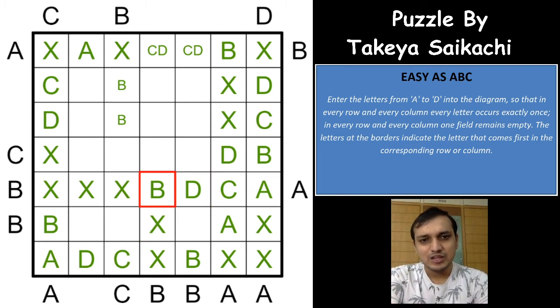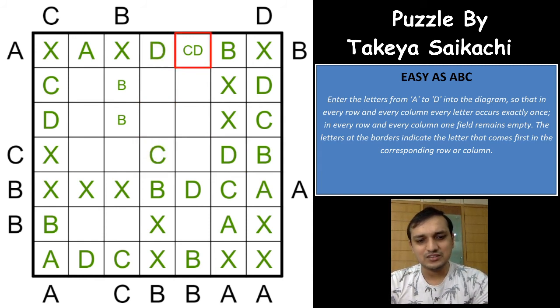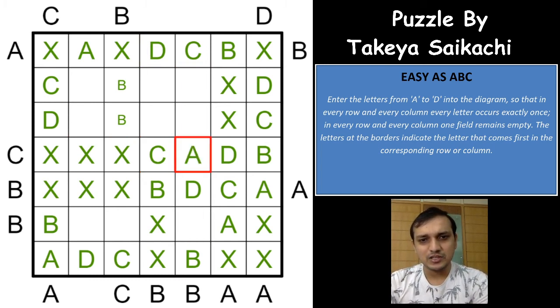Which means that if you see now, superb logic here again, where can C and D be in this row? It cannot be, of course, both of these cells, which means that both of these cells will have to be C and D, and you already have a D here, which means this has to be C, this has to be D, this has to be C, right? Excellent. And because of the C being first alphabet here, both of these can be crossed out, and this has to be an A, and you have already placed 4 alphabets here, so we can cross out these as well, and these 2 cells have to be C and D in any order, but you already have a C here, so this has to be a C and this has to be a D.